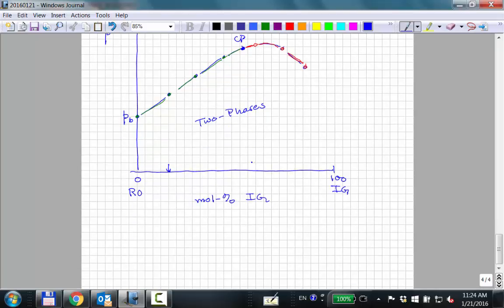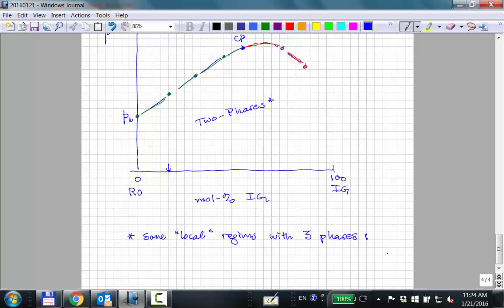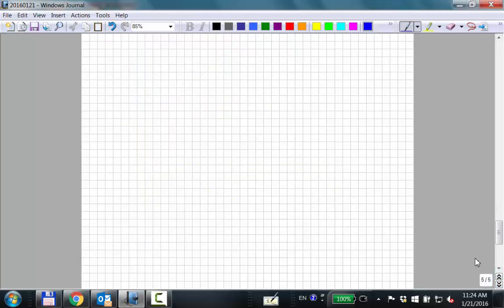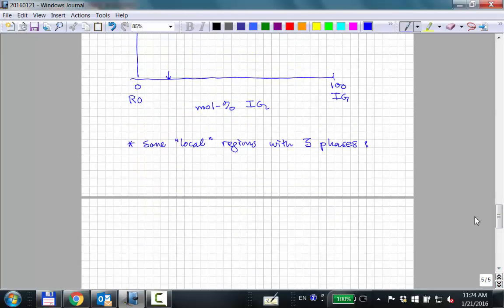So what I'll say here is that you might have, typically it's local, regions with three phases. And those three phases would be, for example, could be a